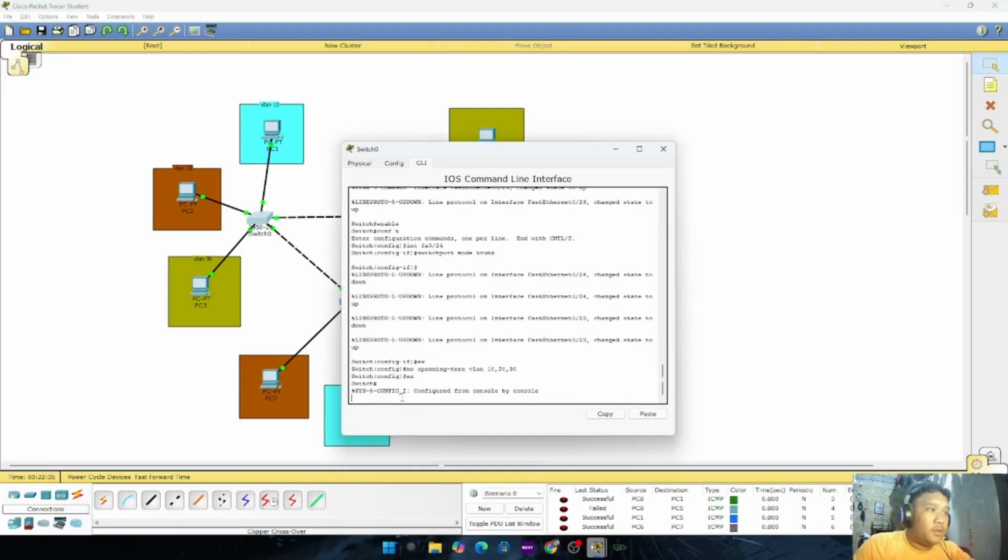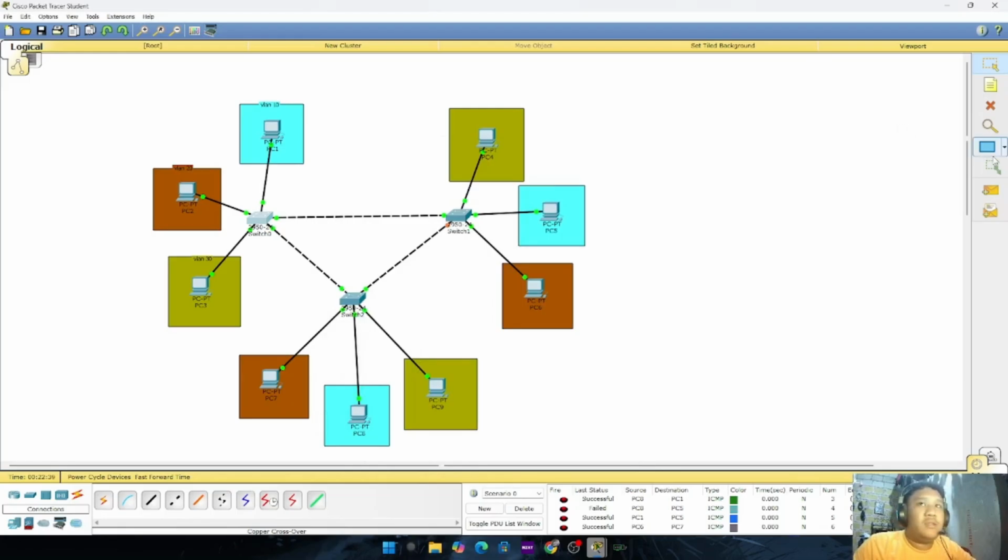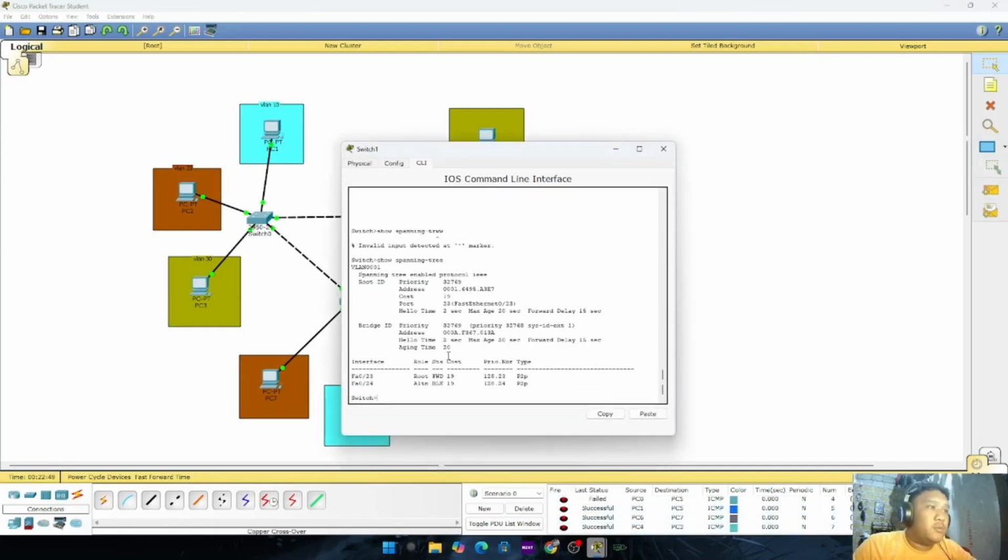The spanning tree is removed within the network. If we ping PC4 to PC3, it is successful, but the alternative route for the other PC is blocked since it is configured with the STP protocol in the default settings of Cisco Packet Tracer.